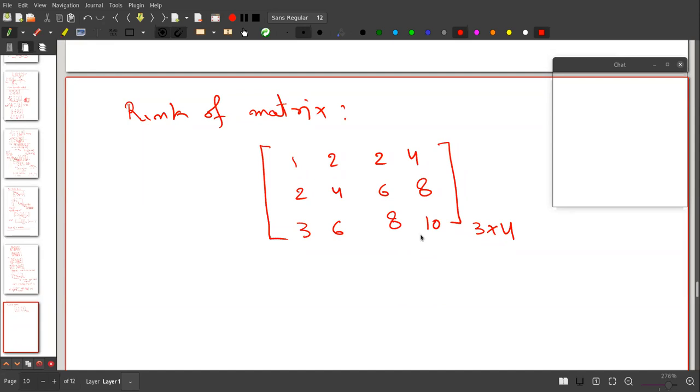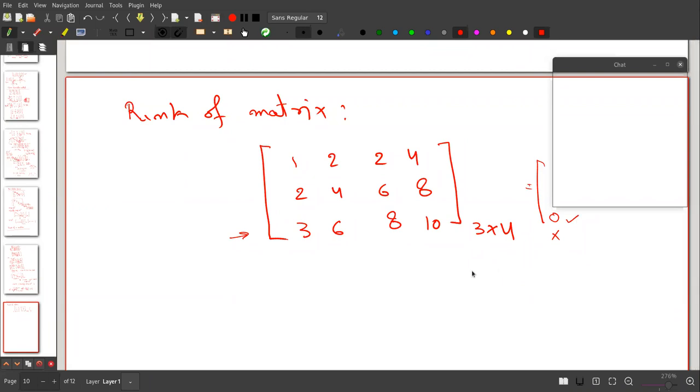The only possibility is that there will be infinitely many solutions or no solution. Whether there is no solution depends on the right hand side. If this row becomes all 0 and the right hand side is not 0, the solution will be non-existent. And if it's 0, there will be infinitely many solutions. Okay, so this is rank of the matrix, Gauss elimination method, row echelon form.